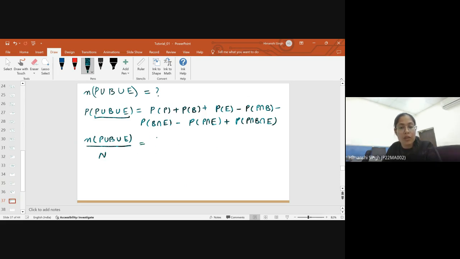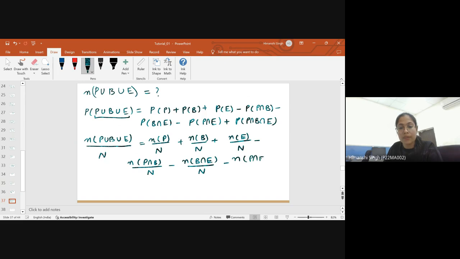Now the probability of P will be the number of elements in the event P divided by the total, plus the number of elements in B divided by the total, plus the number of elements of E divided by the total, minus the number of elements in P intersection B divided by the total, minus the number of elements in B intersection E divided by the total, minus the number of elements in P intersection E divided by N, plus the number of elements in the intersection of the three events divided by N. Now we can see that we can cancel this capital N from both sides, and what we are left with now is